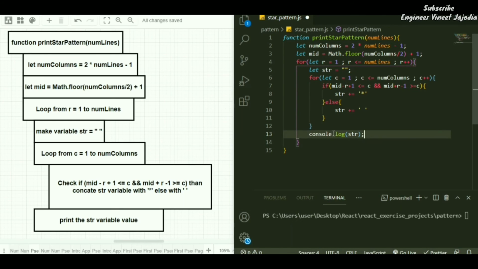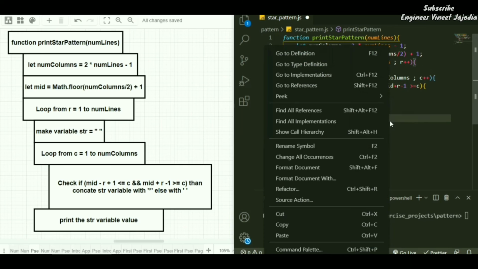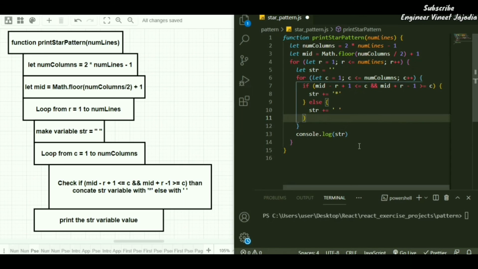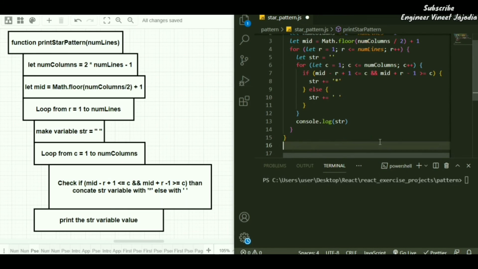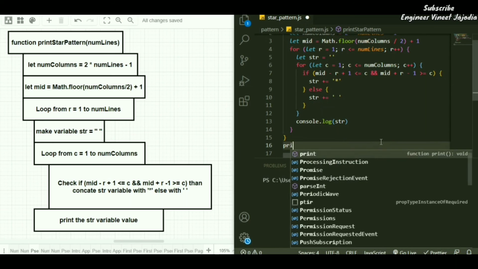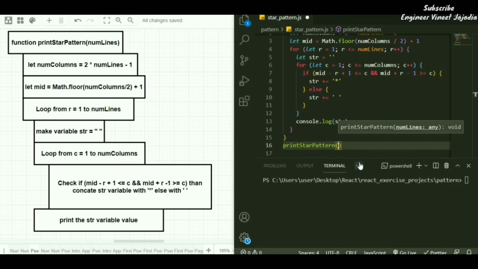Okay, so we have covered all the lines of pseudocode in the program. Now save this program and pull up the terminal. First we call this function, printStarPattern, for testing whether our code is working or not.